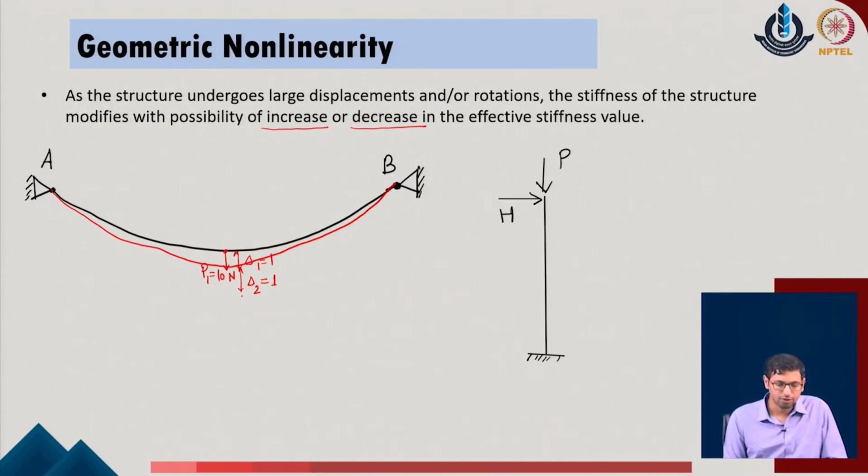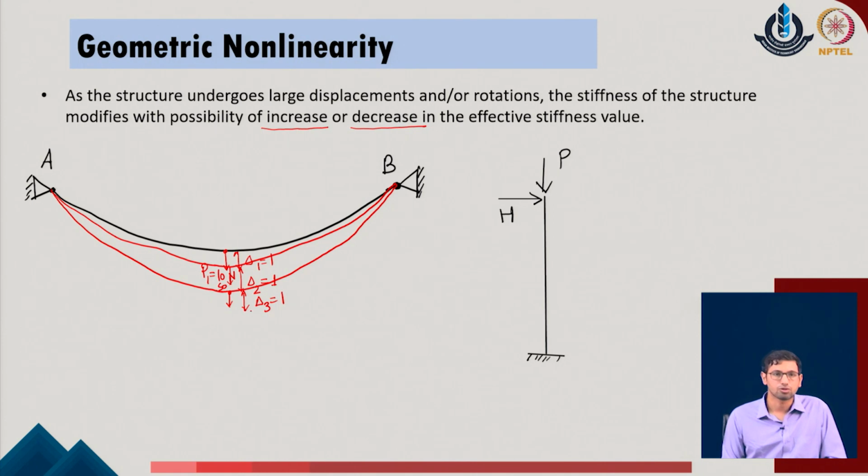As I start with the same amount of displacement from this position where the system has already been displaced, and I further want to pull it down, I will now require a larger amount of force, say 50 Newton, and that will probably bring the system from this position to the new position. So, let me say that this is the 50 Newton of force. Now, someone still wants to pull this down with another increment of 1 unit. As I pull it further down, the amount of force I need to pull the system will be significantly large. It could go as high as, say, 200 or 250 Newtons.